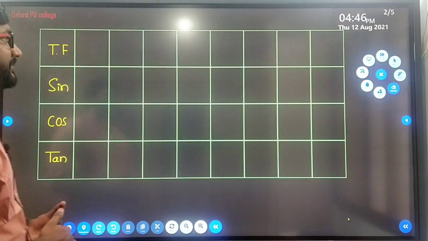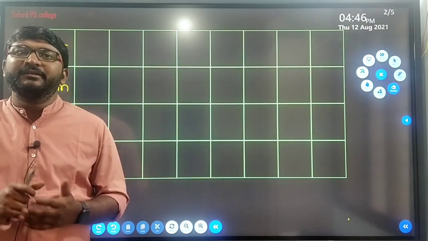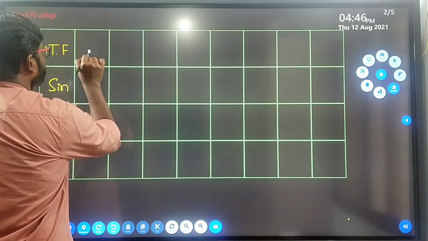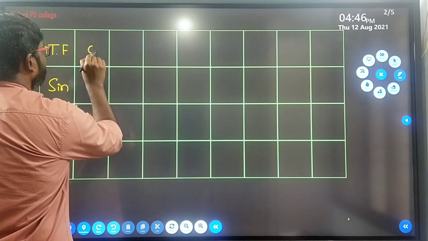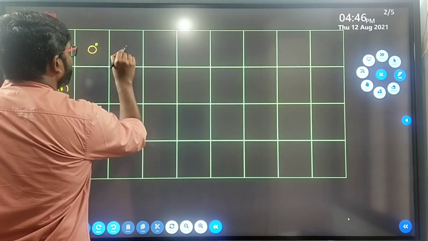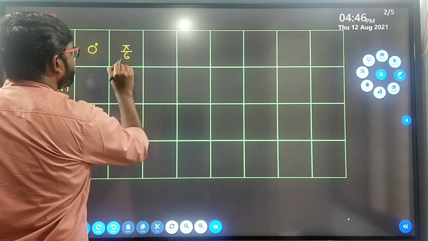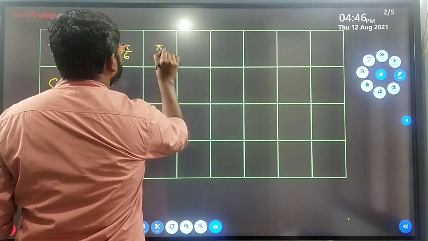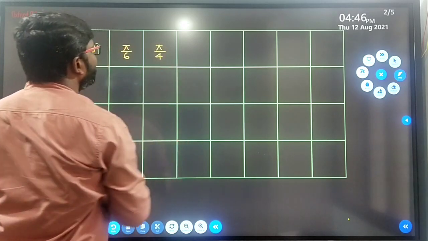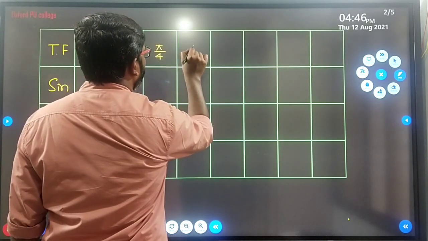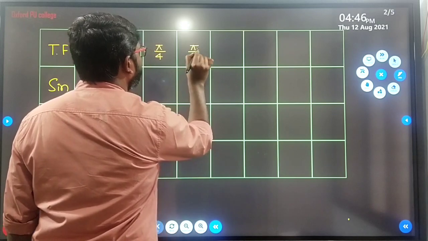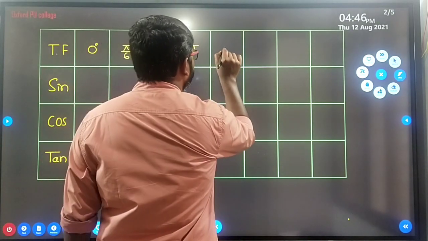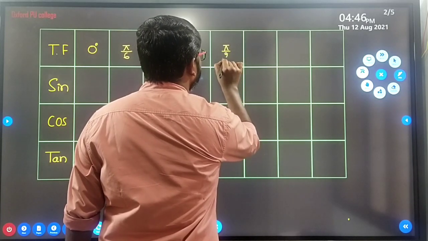So well, let us complete the table for all the angles in radians. First one it will be 0 degree, the 0 radian, one and the same. Next one it will be 30 degree, that is pi by 6 radian. And then 45 degree it is pi by 4 radian. Then it will be 60 degree or pi by 3 radian. I am writing in radian. Then next one it has to be 90 degree or pi by 2 radian.